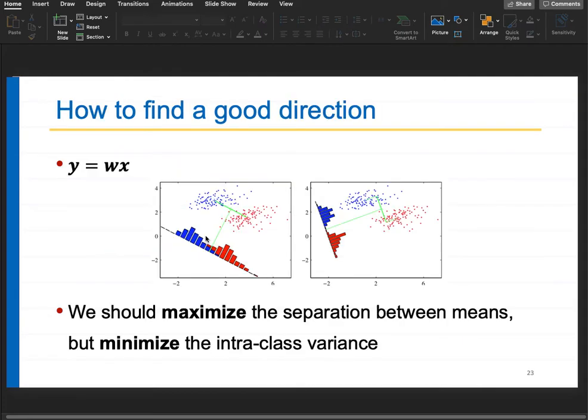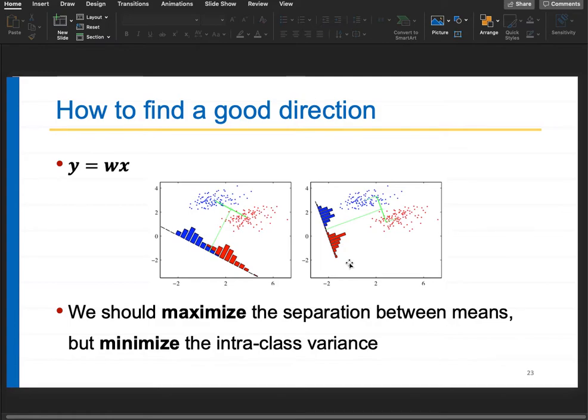So, for example, if these are the two distributions, this green line is the one which actually discriminates the data. In other words, this green line is the line along which you are projecting your data, right? If you project your data along this line, you get this distribution. But if you rotate this line to this orientation, you find that the data is very well distributed.